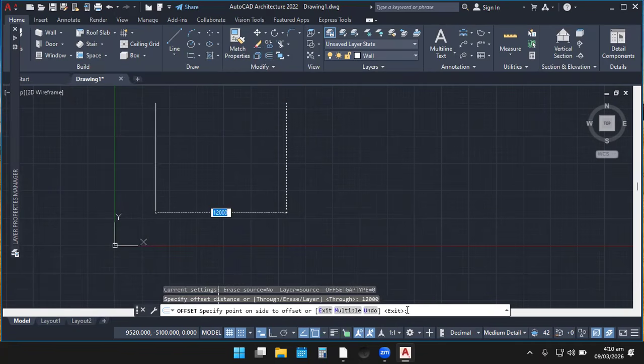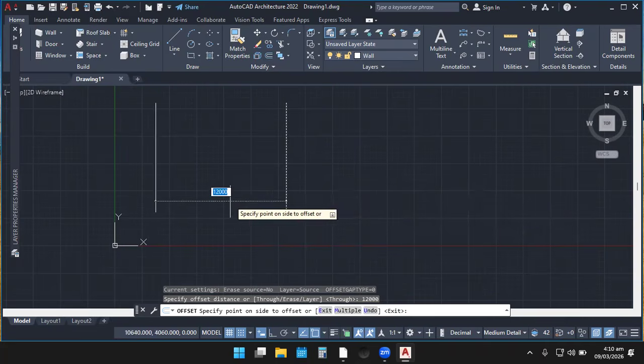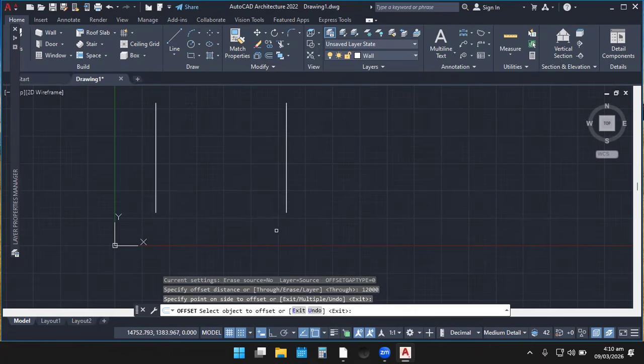So enter. You see the distance that has been offset. After pressing the offset, if you move your mouse to the right side, the line can come here; if you move your mouse to the left side, it can come here. I want to bring it to the left side and click. Then if you left click, it will release. So when I left click, it has released. This is what is happening over here. So I can just pick a line again and intersect it, and then I'm good to go.